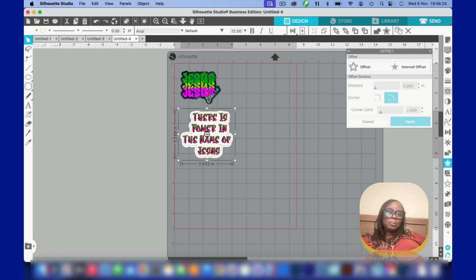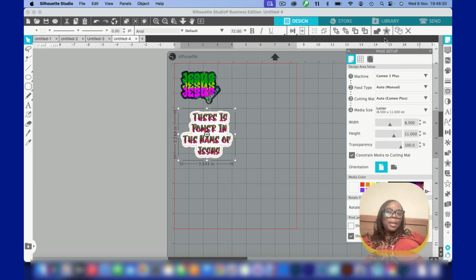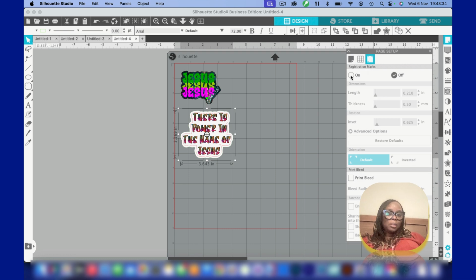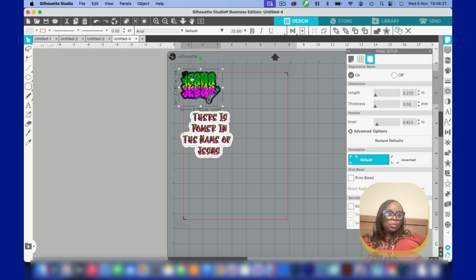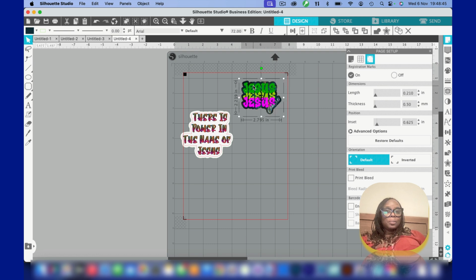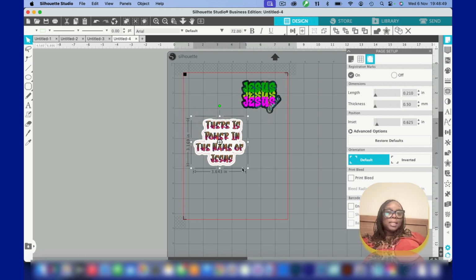And then to send it to print, you'd have to do registration marks on the Cameo. So you'd come up here to your page setup panel, and then here on this tab it has the registration mark. So you just apply the registration. Oops, sorry. You just apply. Let me go ahead and group that. I thought it was grouped. You just go apply the registration marks, and what happens is that anything that is within this area will get